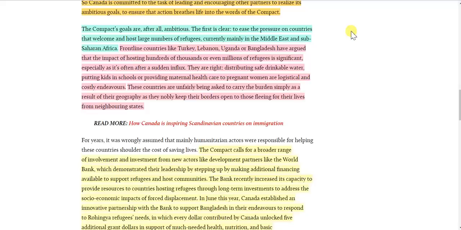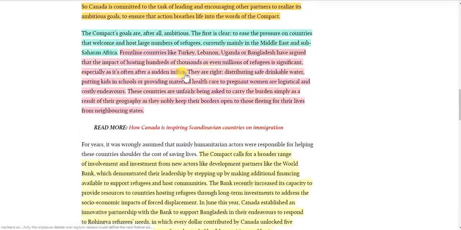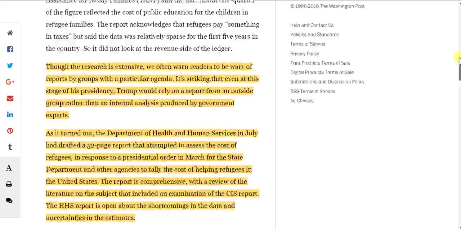They are right. Distributing safe drinking water, putting kids in schools, or providing maternal health care to pregnant women are logistical and costly endeavors. These countries are unfairly being asked to carry the burden simply as a result of their geography, as they nobly keep their borders open for those fleeing for their lives from neighboring states. Okay, so it's propaganda trash, right? It's garbage. But the point is, they're trying to make everybody think it's really, really expensive until Donald Trump says it is